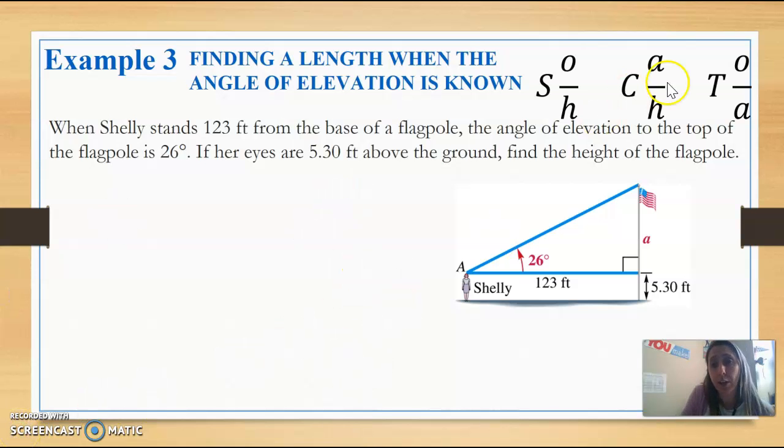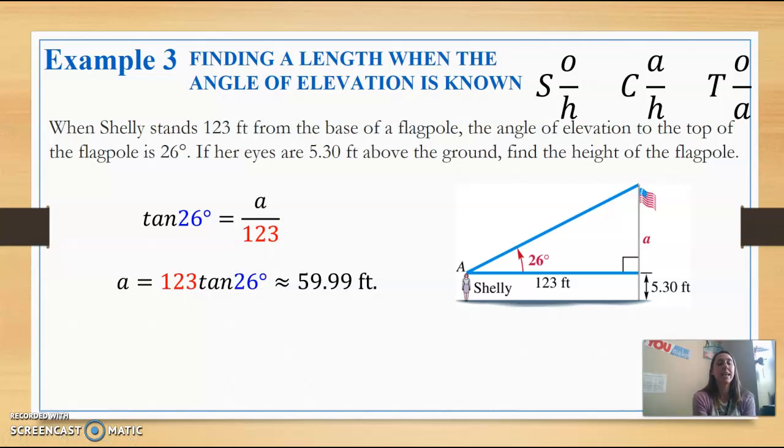All right, so we've got SOHCAHTOA to help us remember the ratios that go with each trig function: sine, cosine, and tangent. Remember, those are the only 3 we use when we're solving. We already said it was opposite over adjacent, so we have the tangent. The tangent of 26 degrees is going to be equal to A over 123. We're going to multiply both sides by 123, and we get that A is equal to about 59.99